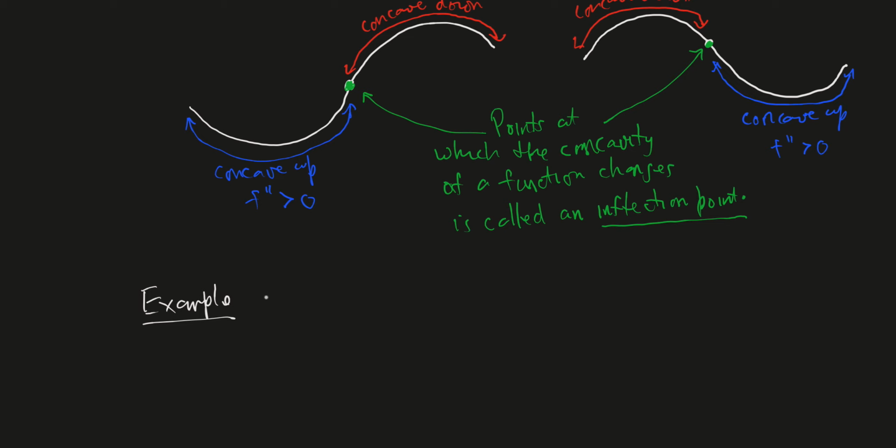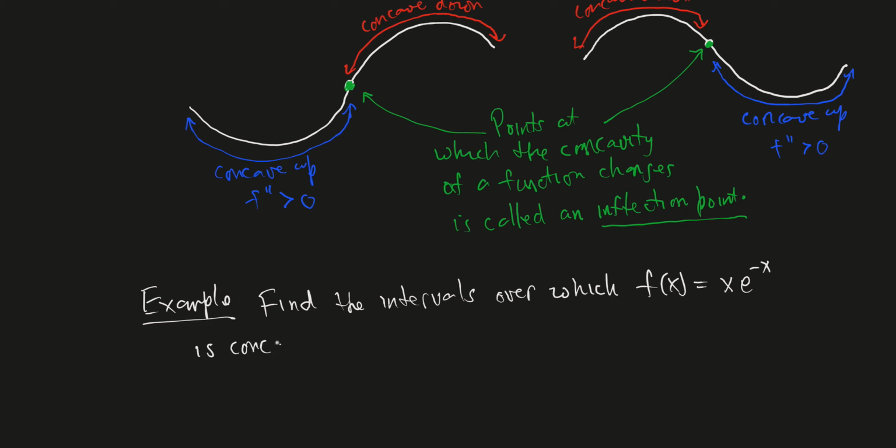So find the intervals over which, and here's our function, f of x equals x times e to the negative x, this function is concave up or concave down,